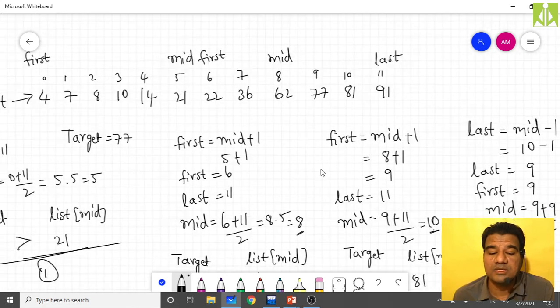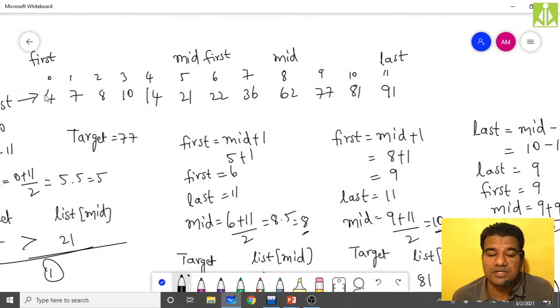But if you come to linear sequential search, how many comparisons do you have to do? 1, 2, 3, 4, 5, 6, 7, 8, 9, 10. After 10 comparisons, you will find the value. But in binary search, after 3 comparisons, in the fourth comparison, we are finding the value. So in this way, binary search is an efficient searching algorithm when compared to linear sequential search.